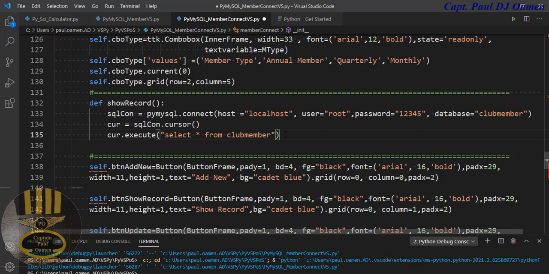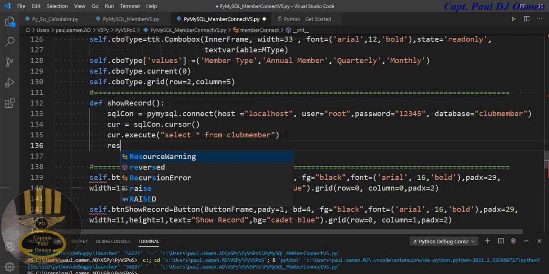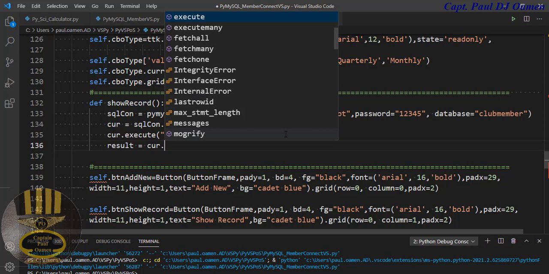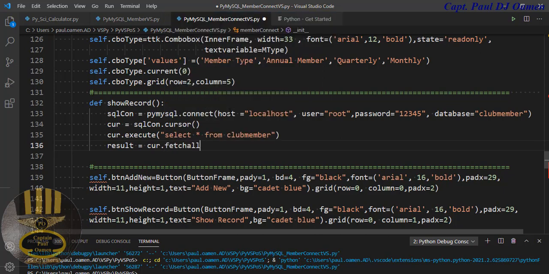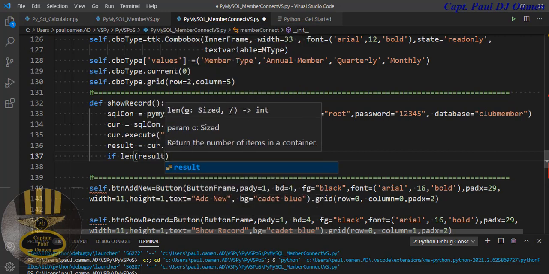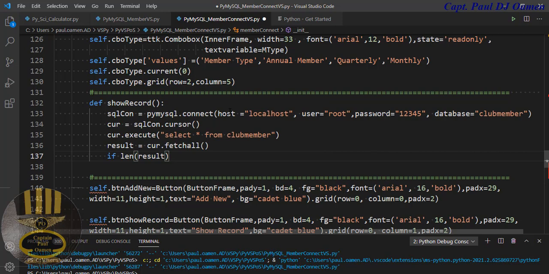Now let's say result equals, we now want to fetch it. So I think that's it right there, fetchall. There we go. So let's use an if statement here. If len of result is not equal to 0,